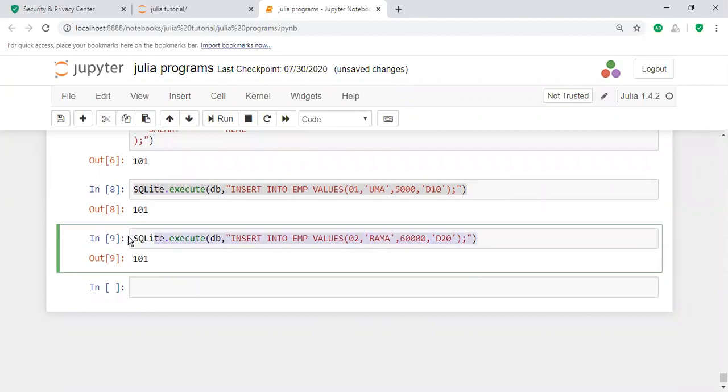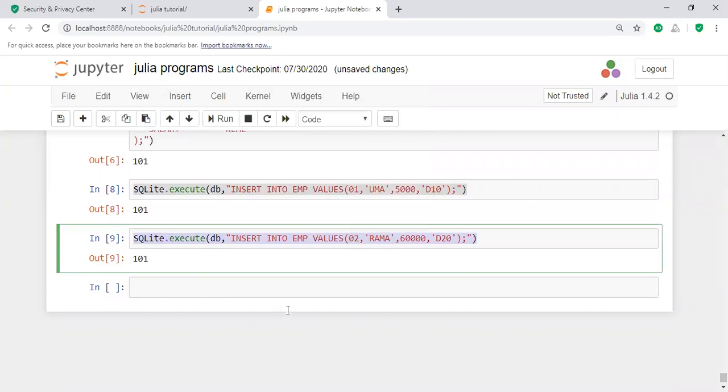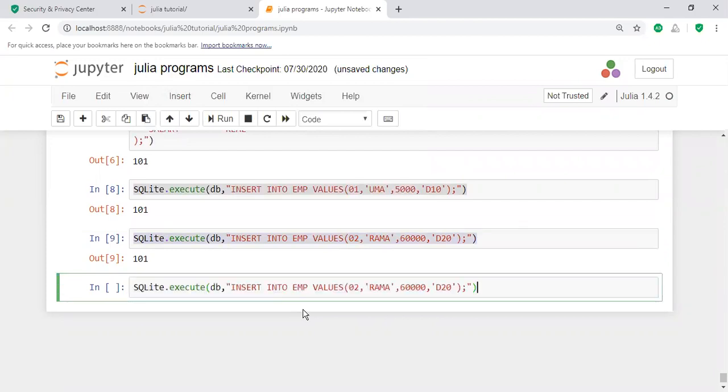Similarly, you will execute another value: insert into emp values, three, and then Krishna, and then let us take 90,000. He also belongs to the CSE department, with department number 60.